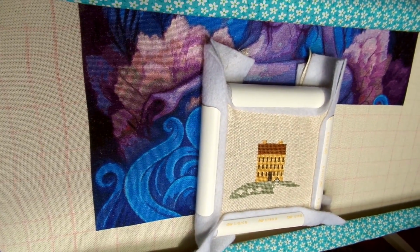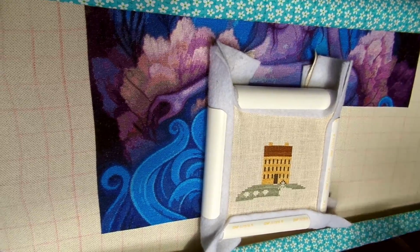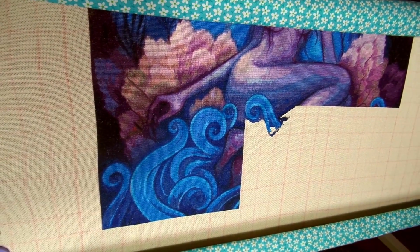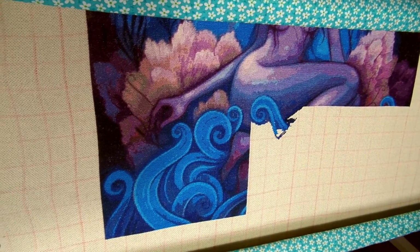So that's it for me for this month. Just a few things that I've worked on. My main focus is, of course, to get Into the Sea finished. I want to get this one done and cleared. Then I can get back to